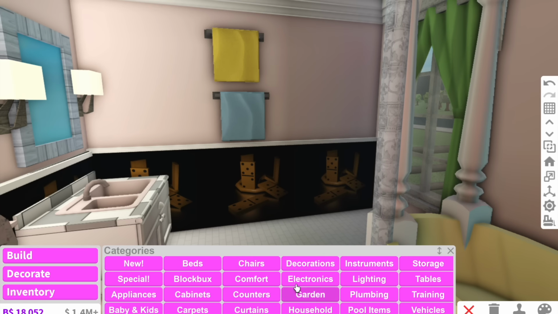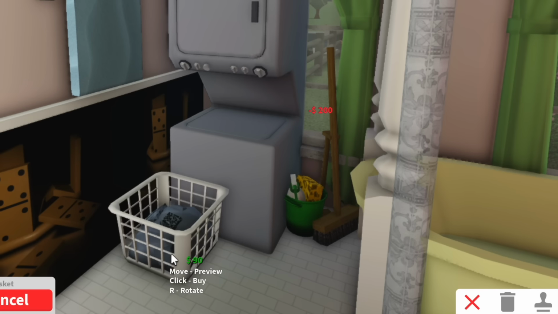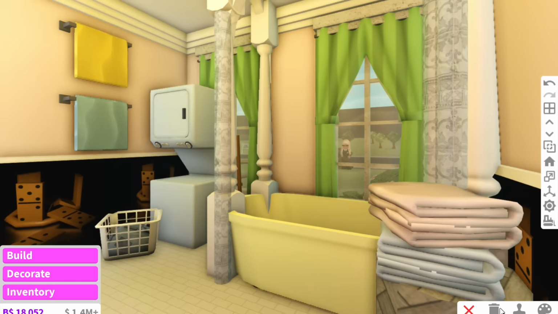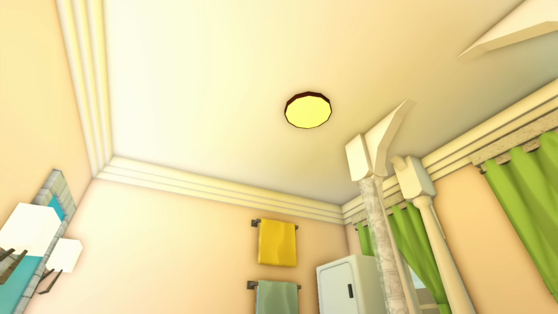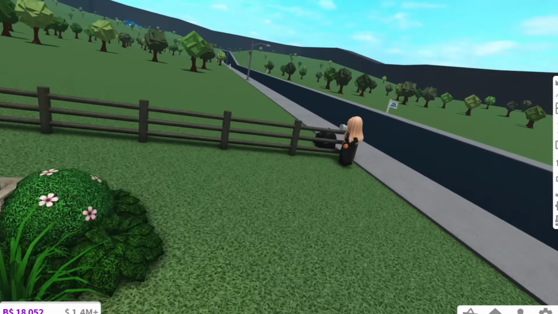I cannot believe I nearly forgot this. We need a washer and dryer. Like, hello, with some cleaning equipment, a few laundry baskets, and for the final touch, an obnoxiously yellow ceiling lamp. And yes, I will be leaving it that god-awful yellow color. So with the 1950s bathroom done, the house is complete and comes to a total of